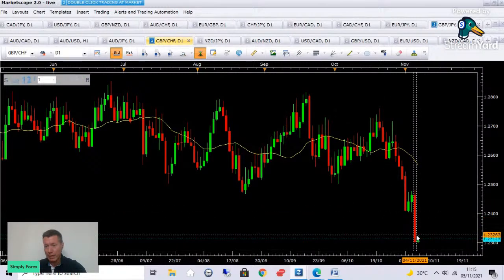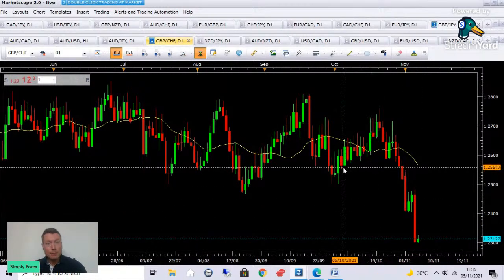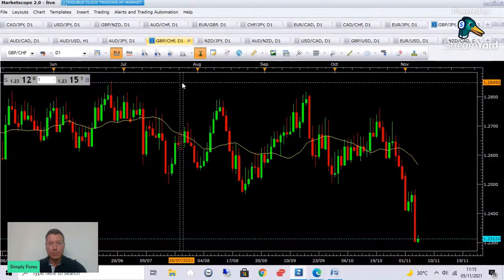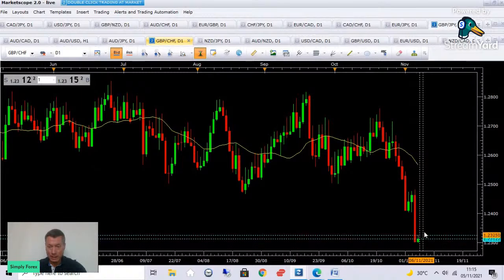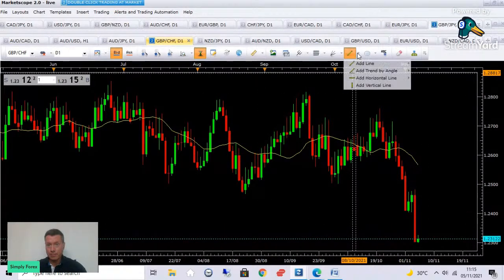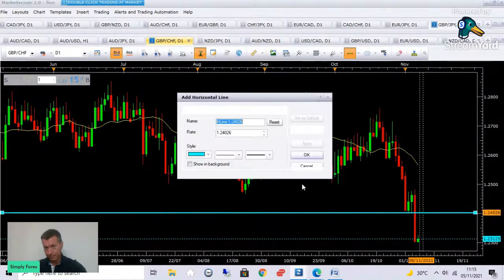We have a large bearish candle. The only problem with this trade, guys, is that it's so oversold. If I used an indicator like one of the oscillators, it would tell me that this is oversold. So I might stay away from this trade, guys. I think it will go lower, but I might stay away from this currency pair just because I think that's too oversold. I think you might see a bounce up today back to this level here.